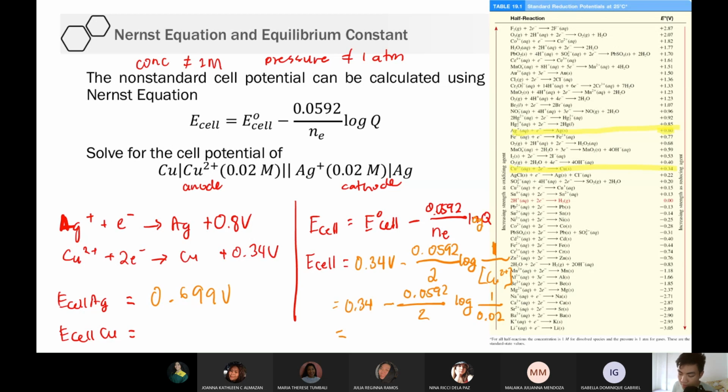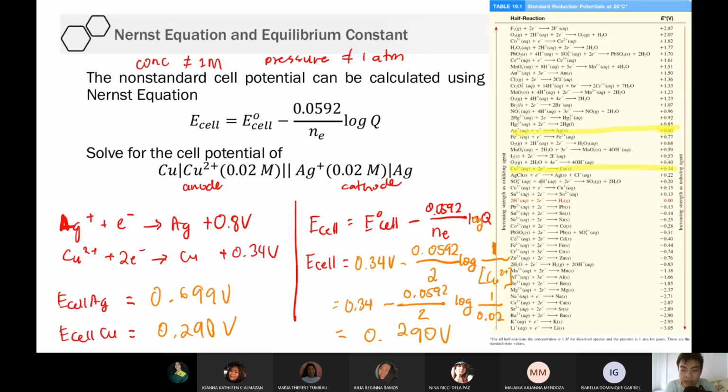So, same pa rin naman. Nagbago lang yung ibang given. Madidiscuss pa to sa lab, no? Don't worry. Dadaanan nyo rin to uli sa lab. Okay, so the new cell potential is 0.290 volts. As you can see, bumababa yung voltage kapag bumaba yung concentration. Okay, so ganun din sa cellphone natin, nalolobat yan kapag bumababa yung concentration ng ions.